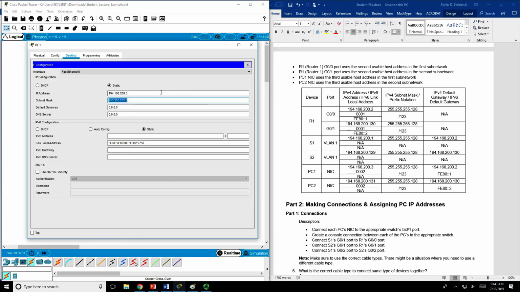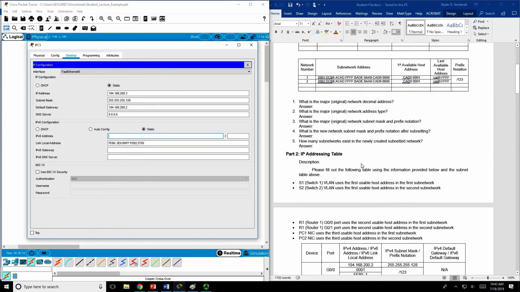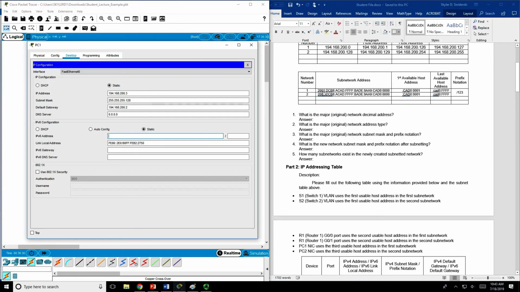194.168.200.3. Press tab. It gives us our first 3 quadrants. We just have to edit the 4th quadrant. We press tab again. Default gateway. Our default gateway was 194.168.200.2. Leave the DNS server blank. Going to the IPv6 address here, which is 0002. So to get the full address, we have to go here,